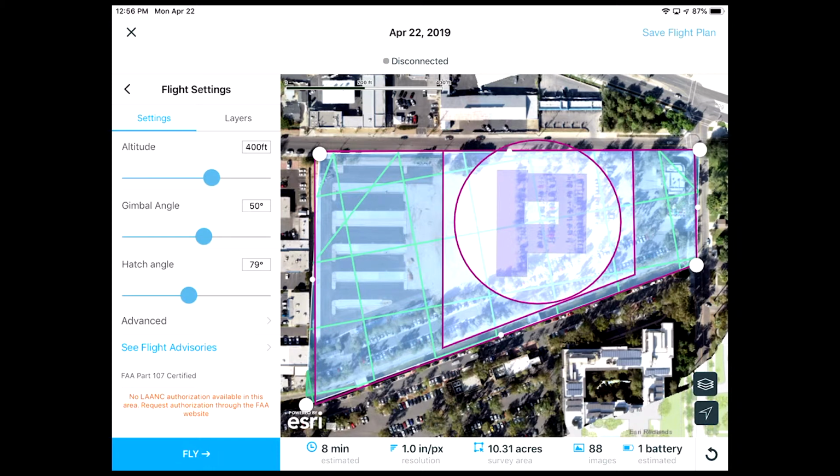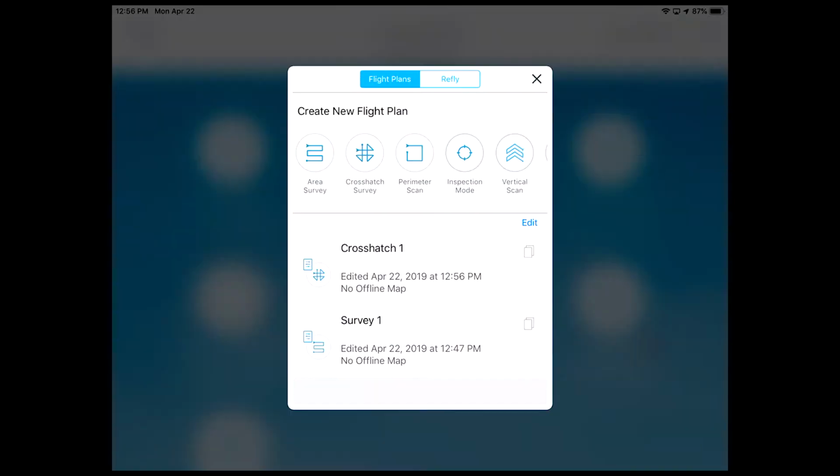So the same thing here. If I was going to fly this now, if I was in the field, I can hit fly. It'll go to the drone check, take off and fly it. If not, I can just save my flight plan, exit out, and now in my flight plans, I have 2 in here. So it makes it very easy for me now again to go to the field,